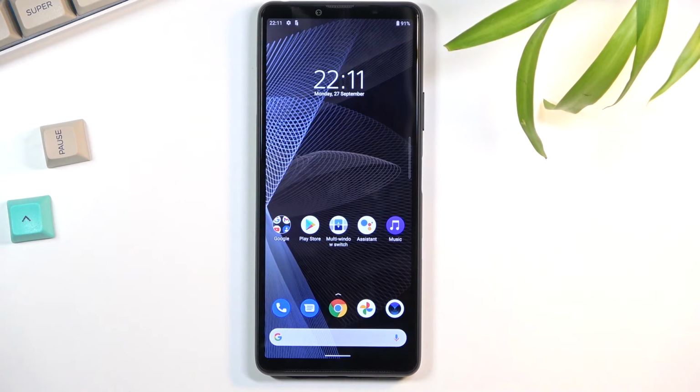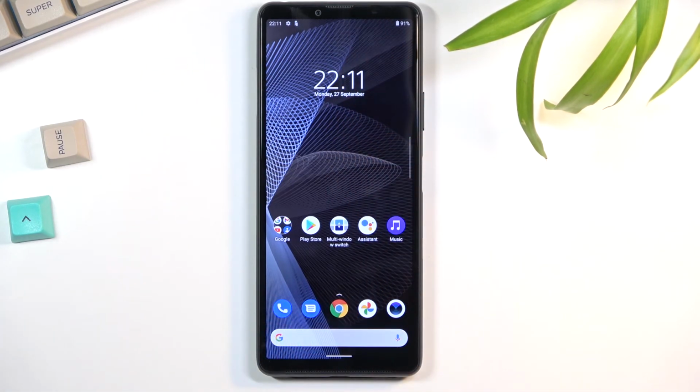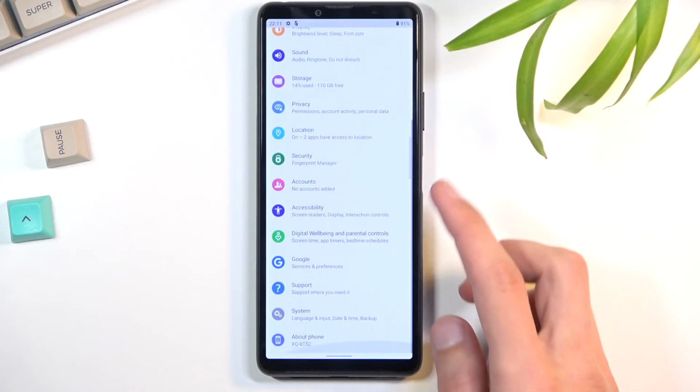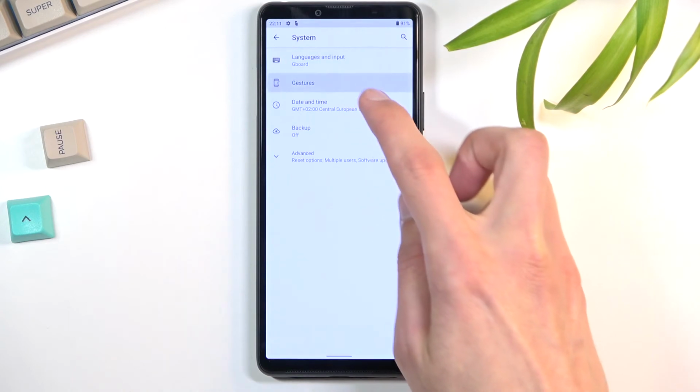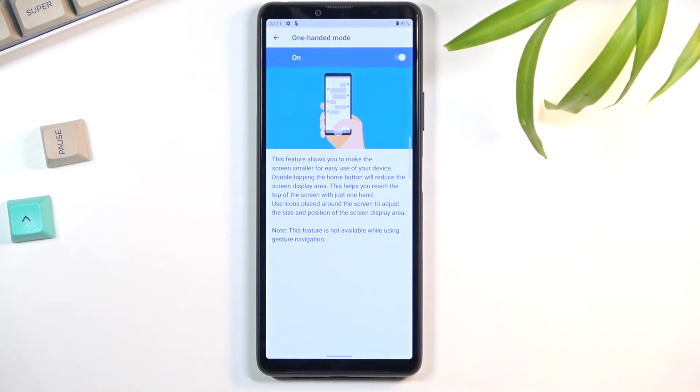This device resembles more a remote control with this, like, what is it, 21:9 aspect ratio. So some people might benefit more from this one-handed mode, where it shrinks the screen to be easier to use with one hand, obviously. So to get it enabled, you will need to go into the settings. Again, we're going to go into system and gestures, and in here we should find the one-handed mode. Toggle it on, and it looks like we